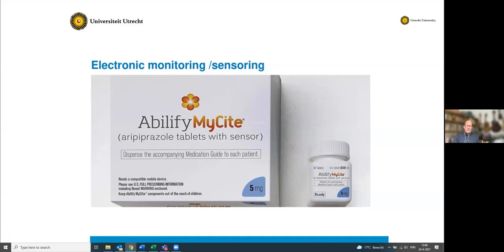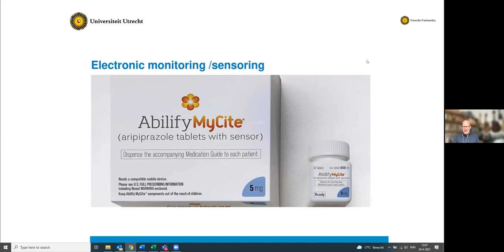You don't want to use measurements like this only as a way of measuring and then saying to the patient, you didn't do it right, make sure that you take your medication, because that won't help. I will come to some of the questions in the chat after this slide, because this is the final